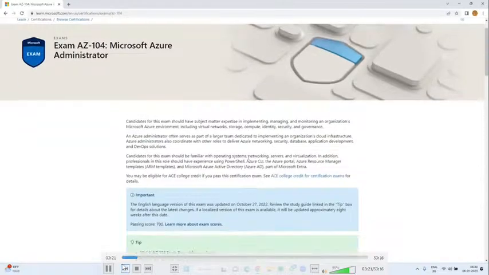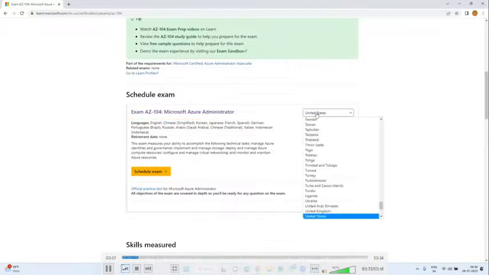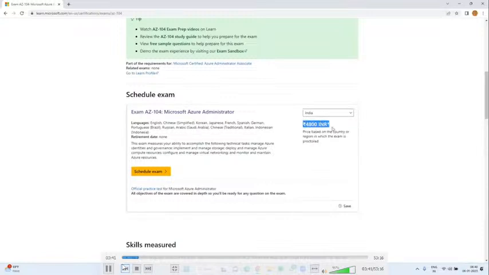Just click on it. Here you will get the syllabus. You may have a doubt about what the certification cost is. This is $165, guys, 165 USD. Now change it to Indian currency. It is 4,800, and including GST it will go to 6,000.